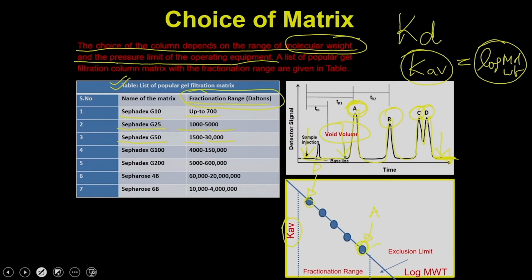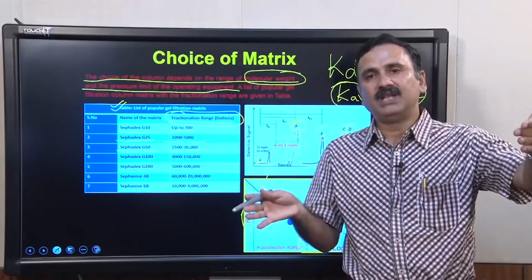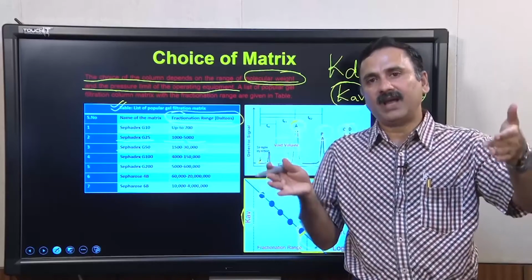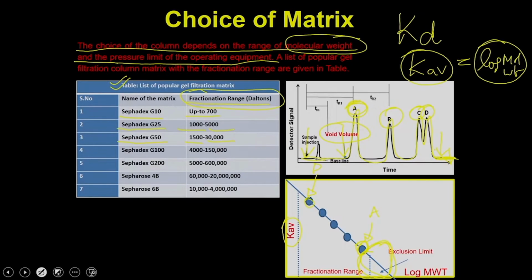That is why the region at or very close to the void volume is called the exclusion limit. Any protein bigger than this falls within the exclusion limit, and that is how it decides what range of protein you can fractionate. So, in this case you can fractionate from A to D,